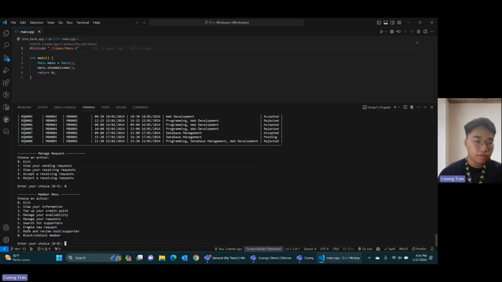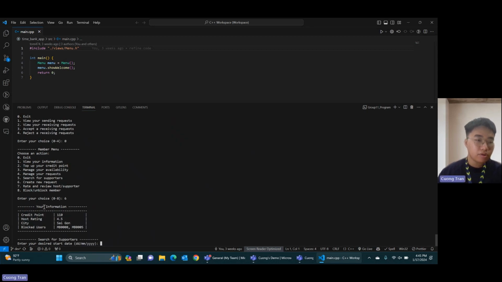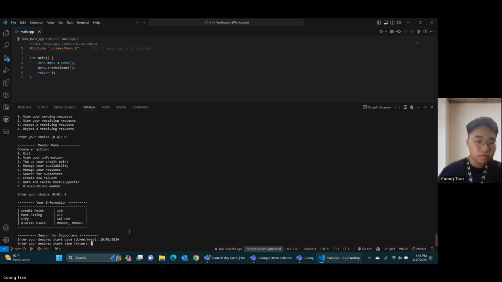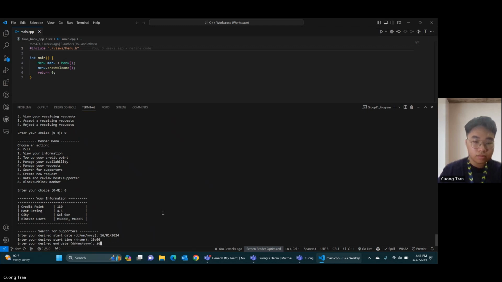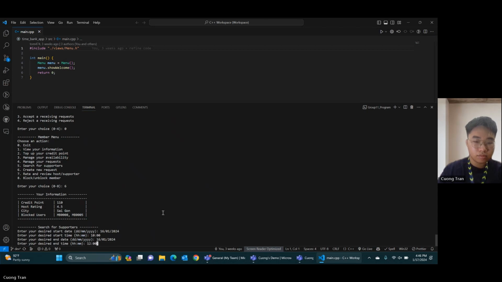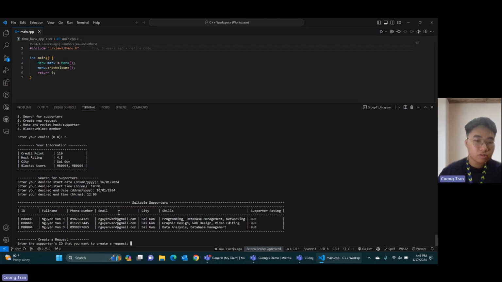Now for the next feature, I will demonstrate creating a new request because it already includes searching for supporters. Now we'll show some of my information over here, and I will enter the date that I want to search for supporters. It shows me a list of supporters, and I want to select member number 2,